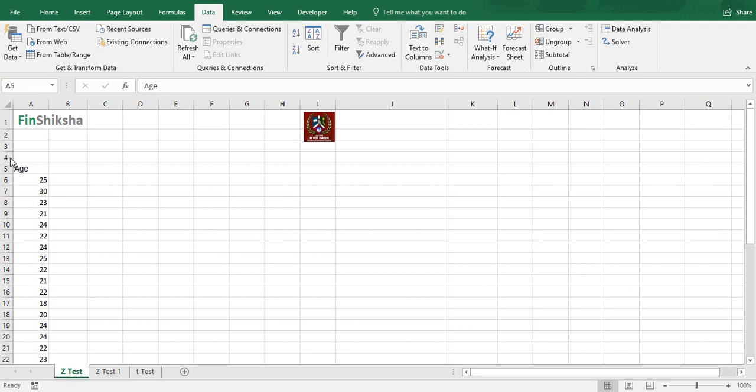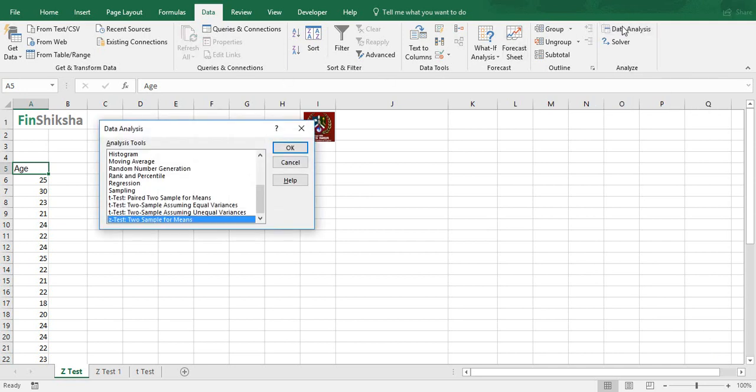So continuing our example, let's perform the Z test on this data set. Click on the data analysis, click on the Z test, which is the last option.